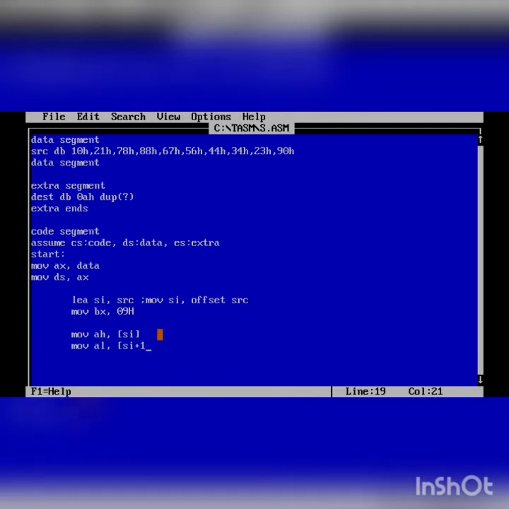AH and AL, these two registers I am using in order to read the first element for the comparison, and this will be my second element for the comparison. Now here how we can perform the comparison?